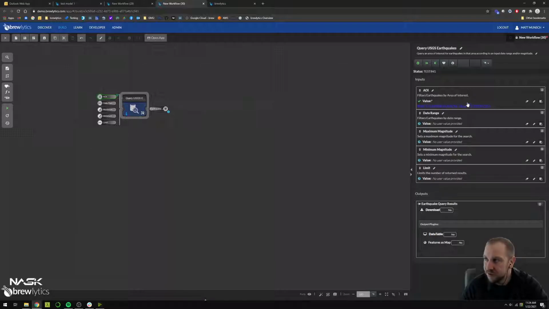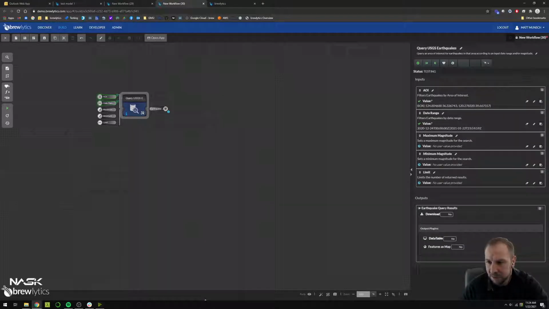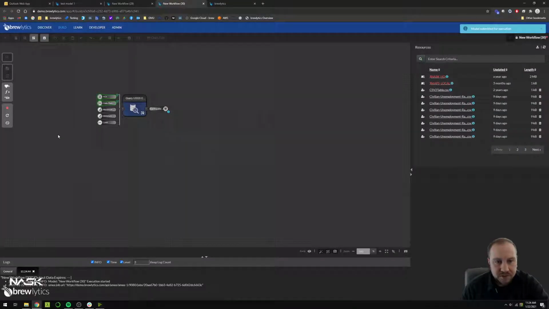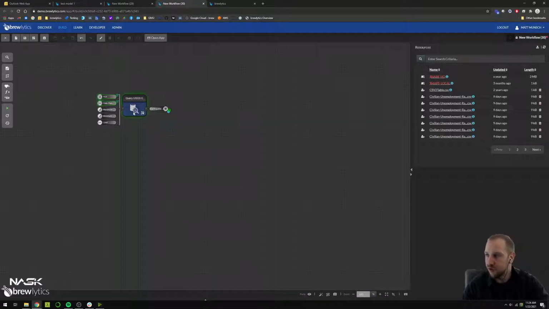So notice when I put that in, I'm getting a green checkbox around this input. And then when I go into this date range input, and let's put in the last 30 days, how about? I'll get a green checkbox around that input as well. So let's go ahead and run this. So what's happening when I run this is it's going out to the USGS Earthquake API. It's querying that data set and then bringing the data back into Brewlytics. You can see the output of